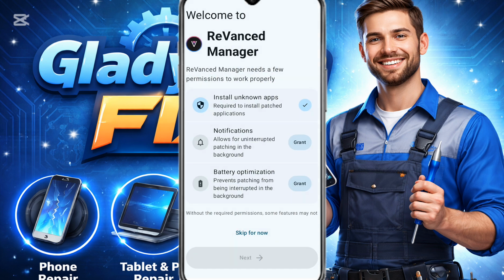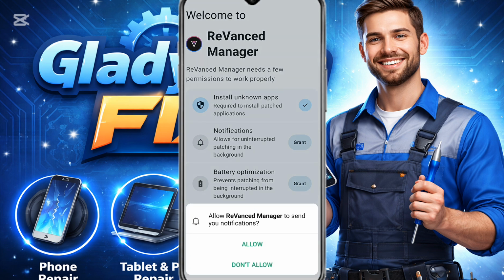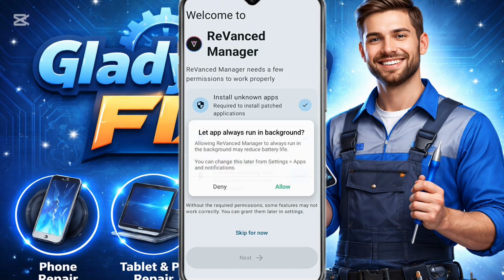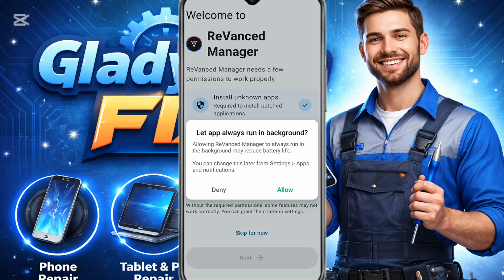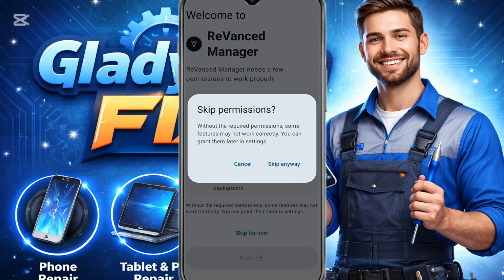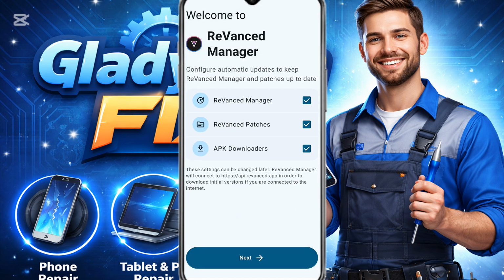Okay, you also grant permission for notifications, so I always get notified if there's any message from Revanced Manager. Okay, you can also let the app run in the background, though I don't want to, so you can just skip for now. Skip anyway. So the next step you can take here is to